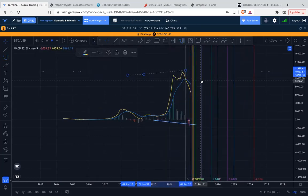MACD cross to MACD cross. If it's one-to-one, we're going until the beginning of 2023. This is January of 2023. So